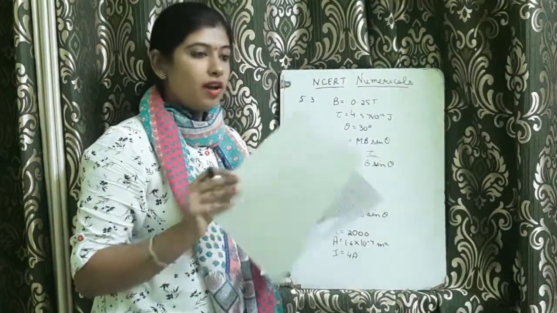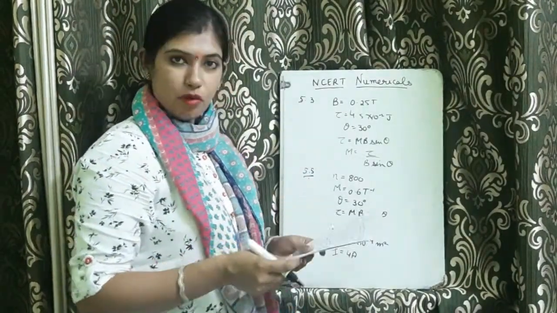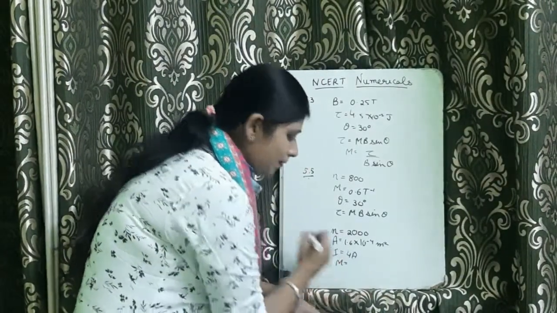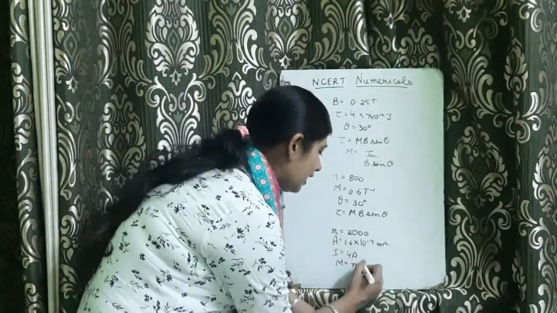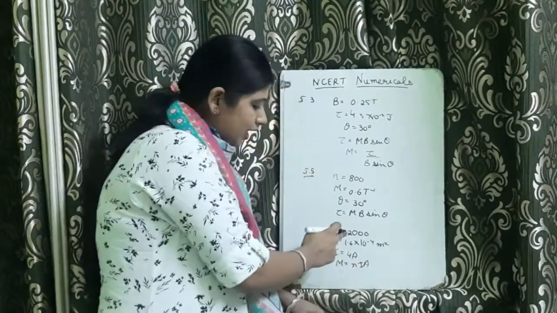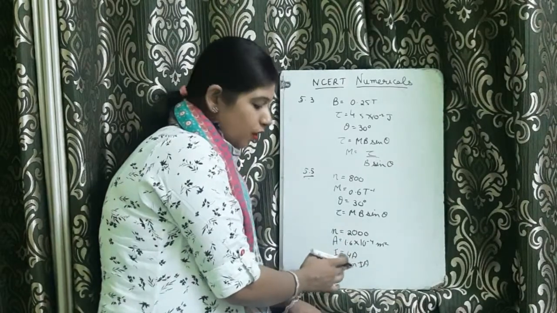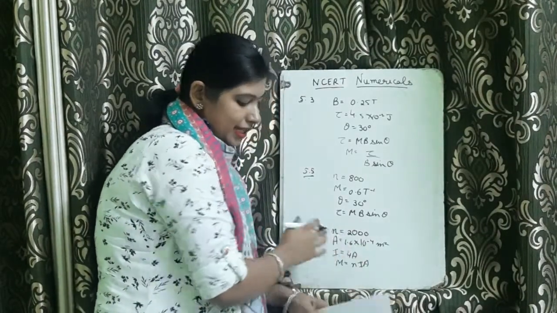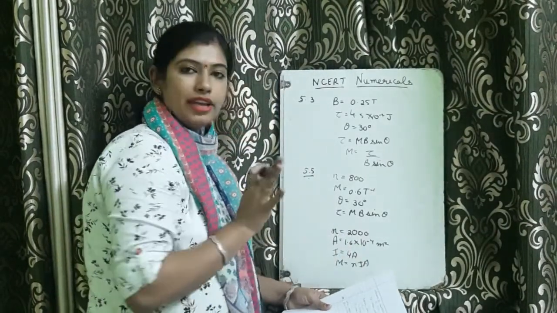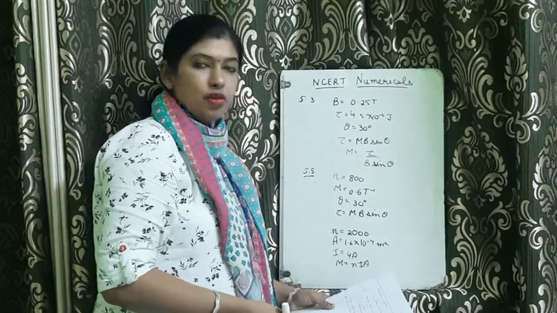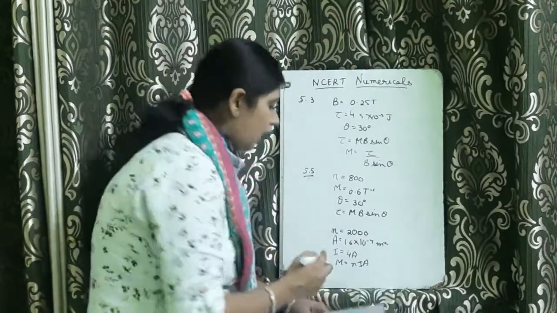Here first of all we have to calculate the magnetic moment. The value of magnetic moment is given by M is equal to NIA. Here the value of N is 2000, the value of I is 4 ampere, and the value of area is given. Substitute the value and you will get the answer. Next, in the next part we have to calculate the torque. Now the formula for